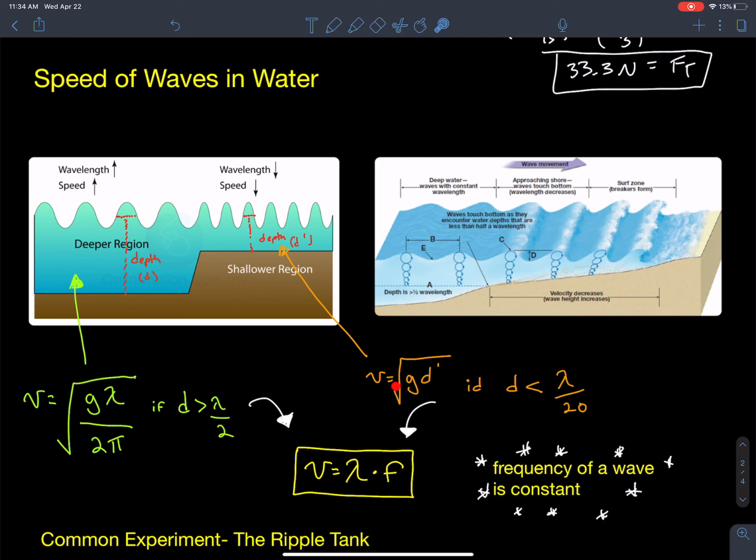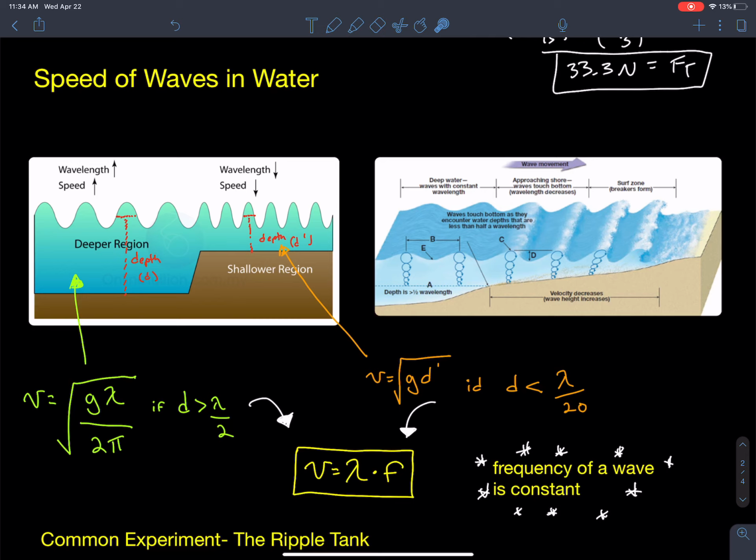The speed is equal to the square root of acceleration of gravity times the depth. And as the shore gets shallower, that speed is going to change. And what effect does that have? If I change my speed, I'm going to be affecting my wavelength. And something that's really important, like I said in the last video, for waves, the frequency is always constant, because that's what caused it. The frequency of vibration that caused the wave created the wave,